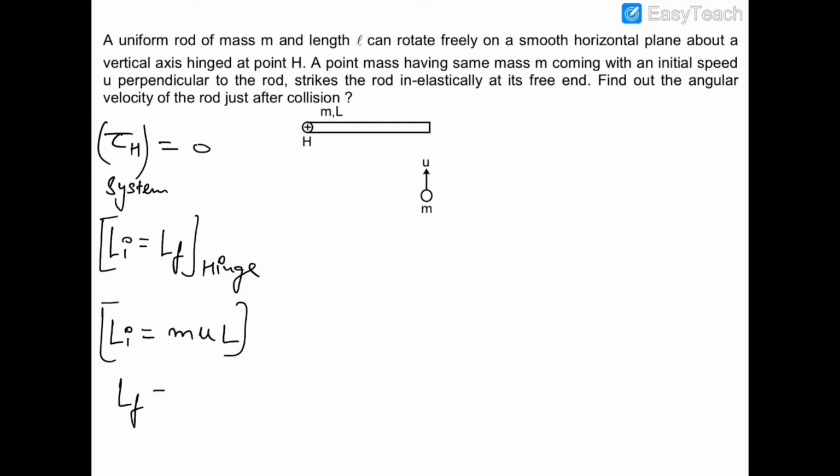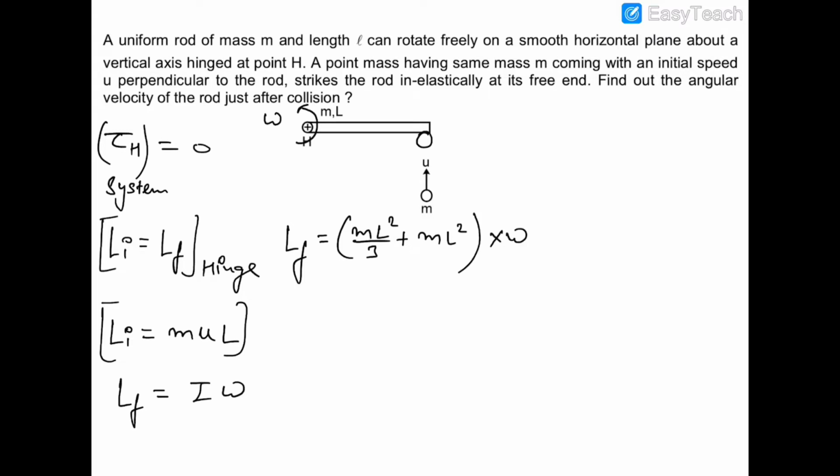Now finally, let's suppose the rod and the ball are rotating with angular velocity omega, and the ball sticks to the rod at the end. So the final angular momentum would be I omega, where I would be the moment of inertia of the system about the hinge. About the hinge, the moment of inertia of the rod is ML square by 3, plus the moment of inertia of this ball about the hinge is mL square,